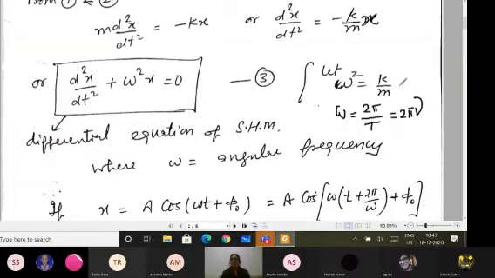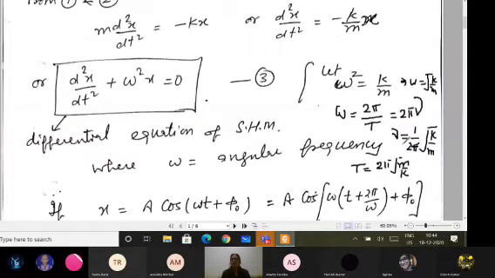Because it is 2 pi nu, nu will be equal to what? Because omega will be equal to square root of k upon m. So you can write nu is equal to 1 upon 2 pi square root of k upon m, where k is the spring factor and m is the mass factor. The time period of oscillation will be equal to 2 pi square root m upon k. These values of the frequency and time period, you can keep in your mind, very important for solving the questions.